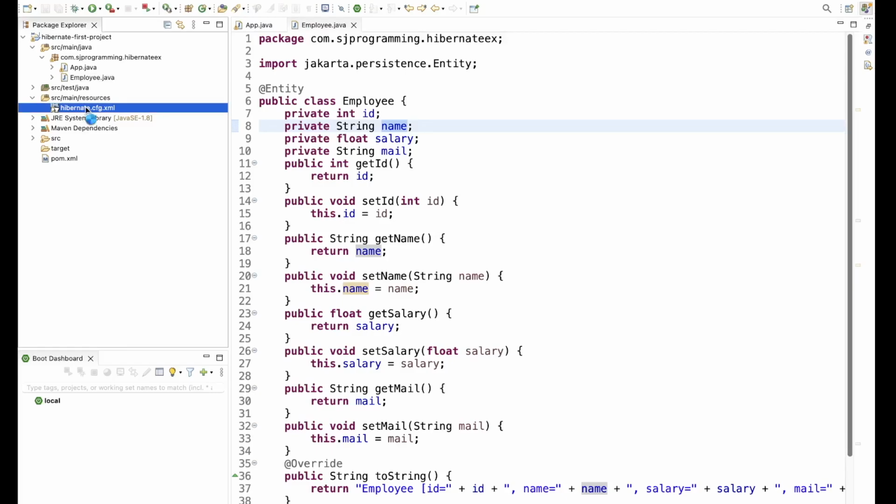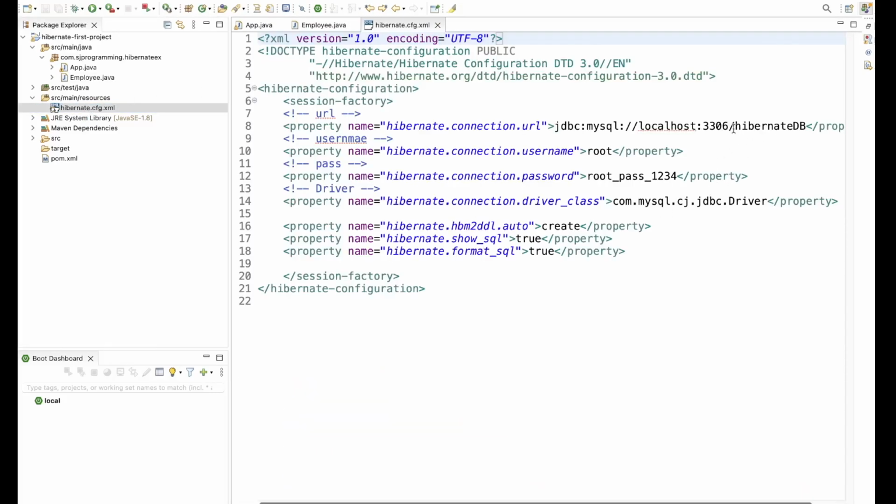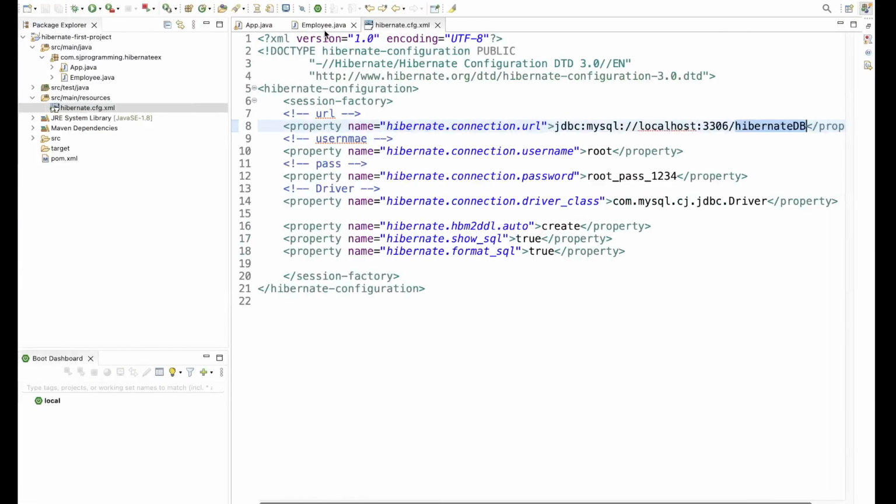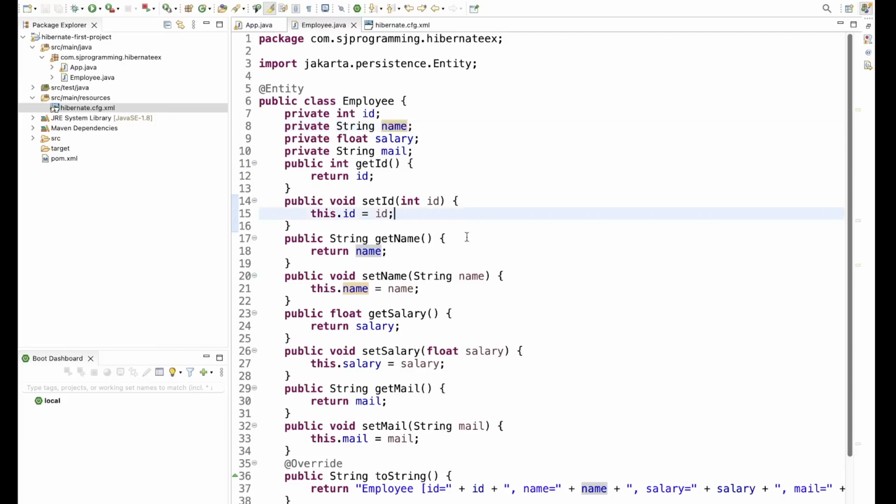hibernate.cfg.xml file, which schema have I written here? HibernateDB. So let's go to our MySQL Workbench and see, this is the schema. In this schema we don't have any table, and we don't want to create the table by ourselves. So let's go to our STS, and in this Employee class, to create the table automatically by Hibernate, what